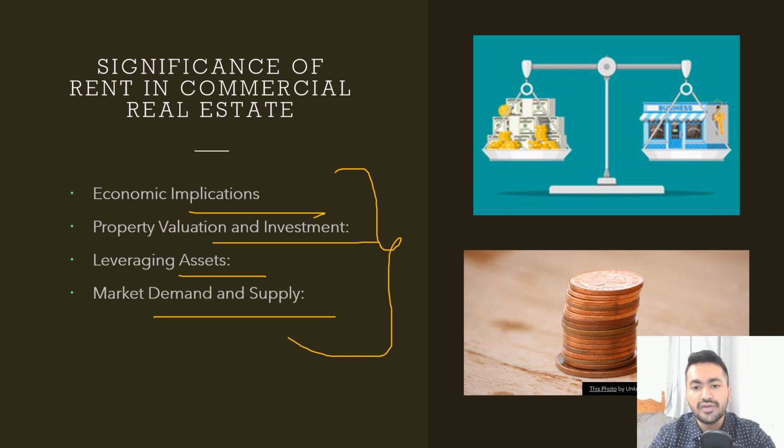Imagine lots of your friends want a specific type of watch, but there are only a few available. That is high demand and low supply. Similarly, in commercial real estate, if businesses want to rent a space but there are no available spaces, that's the reason the rent of those spaces might go up. It's all about how much people want something versus how much of it is available.